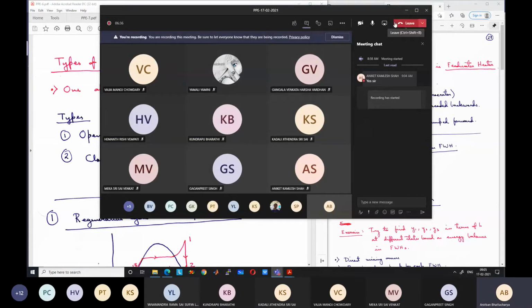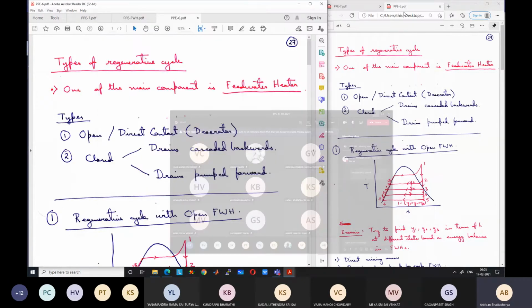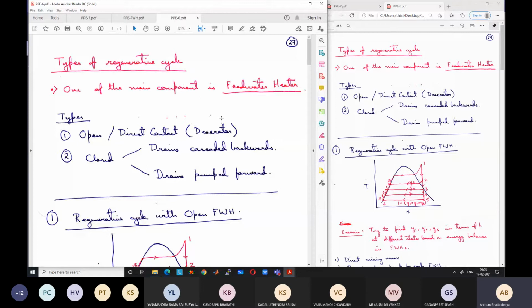Okay, so good morning. We will start the discussion today. And so remember, there may be some lag because of network issues, so my voice may not sync with the cursor movement. Okay, so you have to bear with that. So can you see the screen? The notes that are showed on the screen.